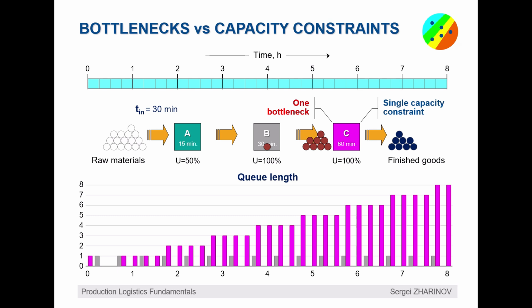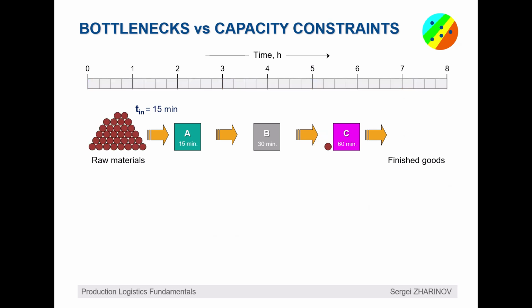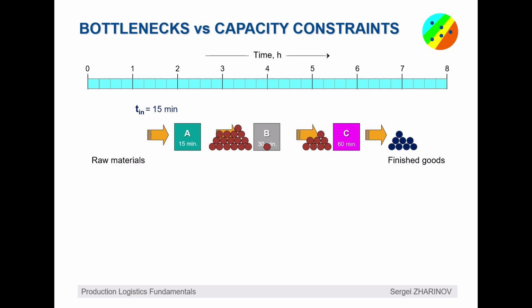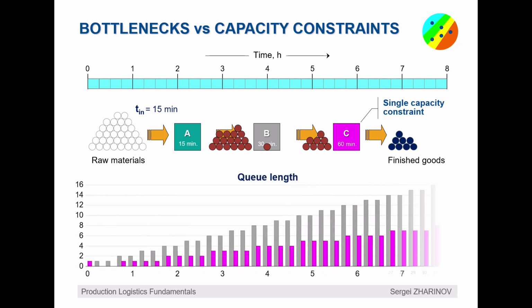But it's also easily fixable. If we start introducing one blank into the system every 15 minutes, in 8 hours we will get the following. The same 8 parts at the output and 25 in the process, including 8 before step C and now 16 before B. The queue in front of B is growing, that is, the demand for this resource also exceeds its